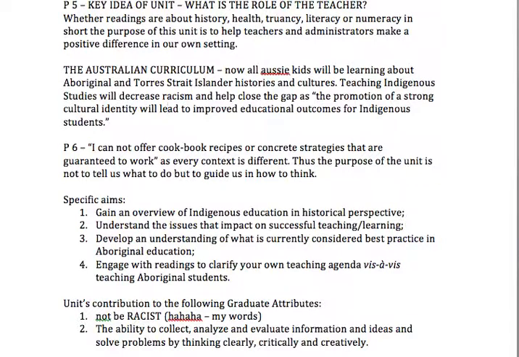I don't know if you teach any Aboriginal students, but it's going to be interesting for me because I'm going to be using that word Aboriginal without a capital and thinking mainly about the kids I just taught, the Indigenous Mauritian kids. And there's definitely some crossover of issues here.